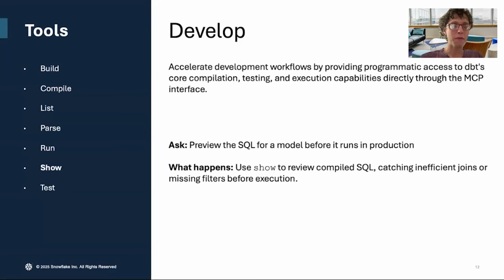So you could ask for a new model to be built. Say you want to take your existing revenue and build a breakout table on top of it where you are breaking it out by a specific dimension, and you want to actually persist that in your dbt project. So you could make the request of the model, and then with the build, compile, list, run, show, and test tools, an agentic coding framework would be able to use those and operate on top of your